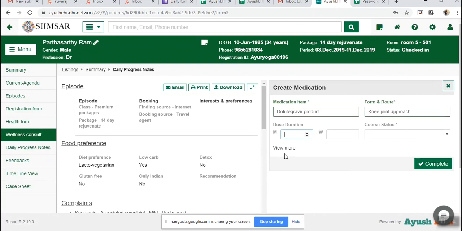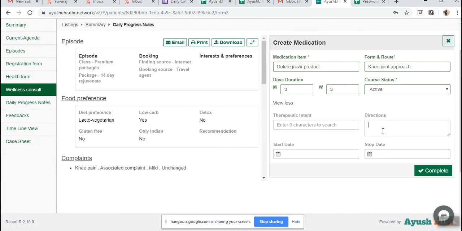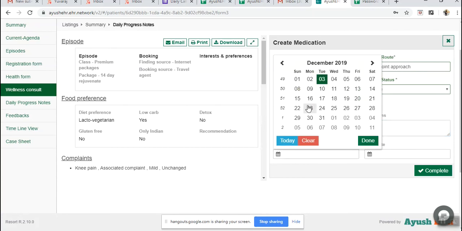The dose can be mentioned, and for how many months or weeks they have to consume it. The course status can be mentioned. Directions can also be mentioned. There are certain medicines in Ayurveda which need to be dissolved in water, right? So those kinds of little directions can be mentioned here in the direction box. You can also mention the date from which they have to start consuming the medicine, and when they have to stop